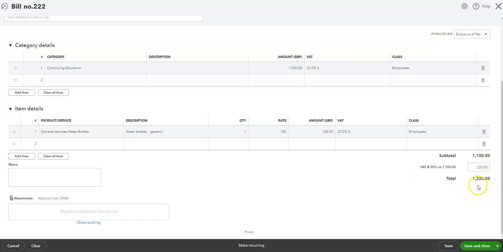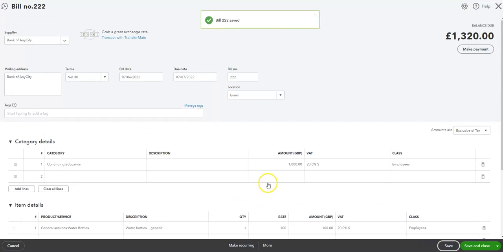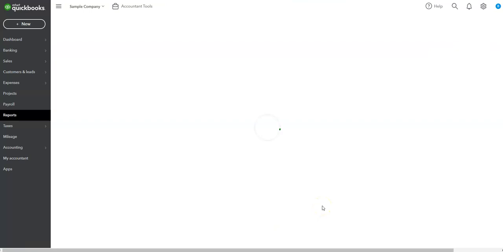So the total is 1,320. One is for the continuing education expense and one for the product, that's the water bottle. Now I'd like to see what the transaction journal is for that. Once we're happy with that, we just click save, and after the save we'll be able to see the transaction journal. Once you click save, you can see a new button will open here. It's called More, and you have to click More and then Transaction Journal to look at the difference between